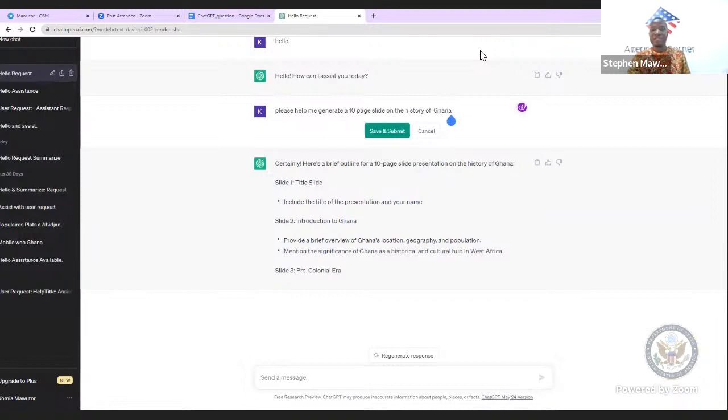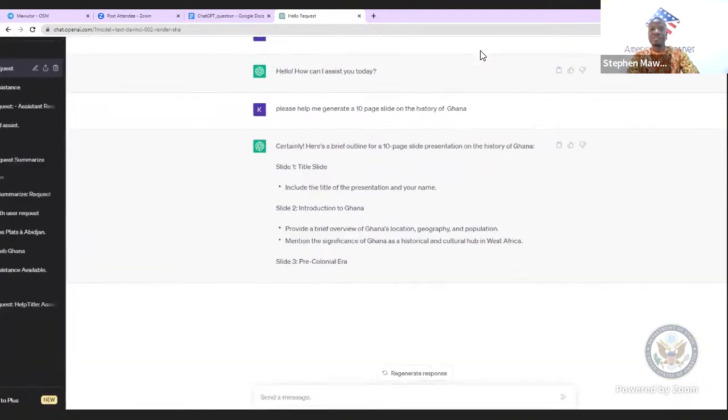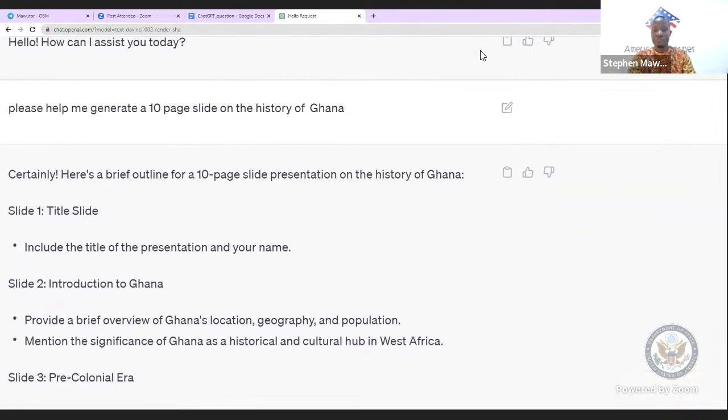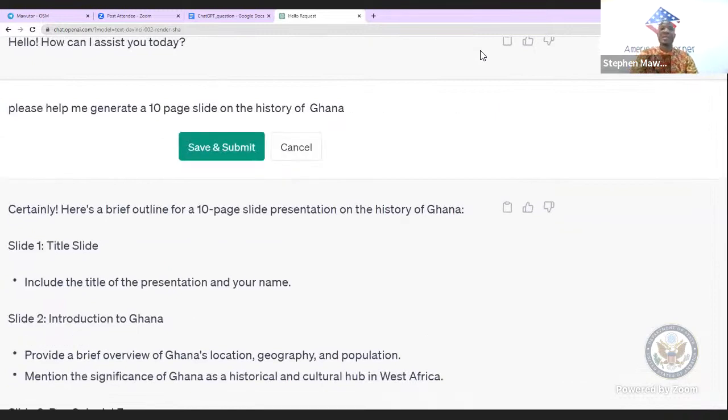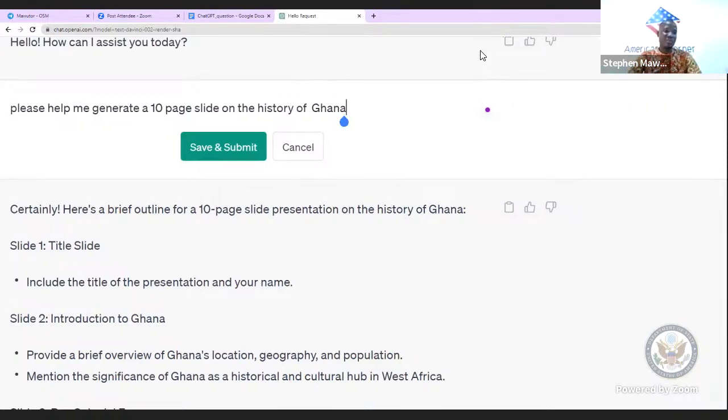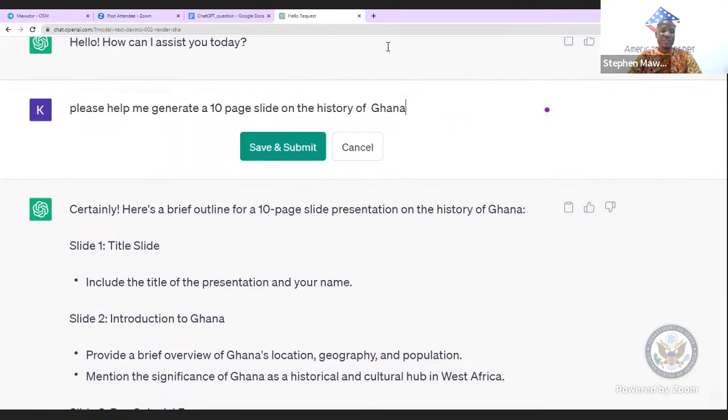So you could hit the edit button at the right corner, and then just add what you want to add to the document. So I can say, please generate a 10-page PowerPoint slide on the history of Ghana. The reason why I'm stopping this and demonstrating it again is that in ChatGPT, what I want to say